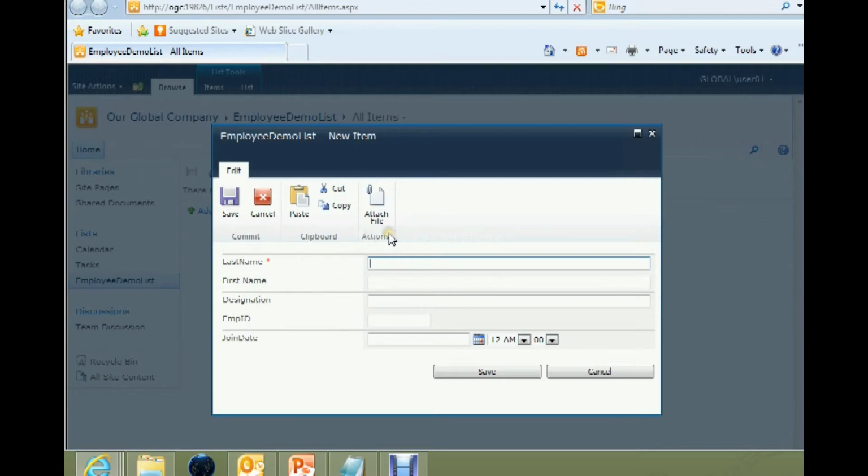Basically, we have created a custom column, a custom content type, and then a list with a custom content type. One thing you have to remember is to go to the administration page and check the radio button Yes for managing the content type. It will allow you to change the content type within the list.